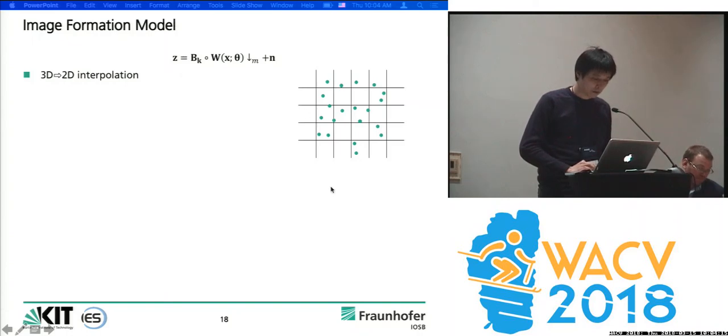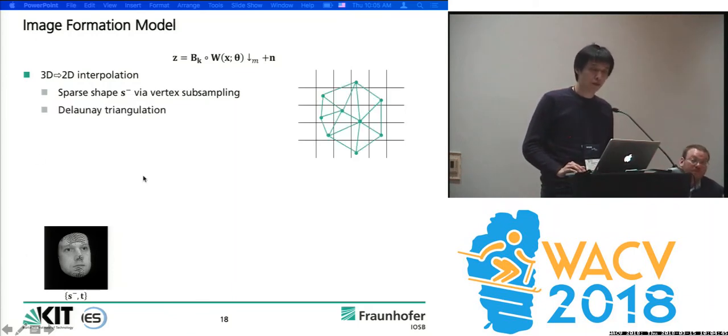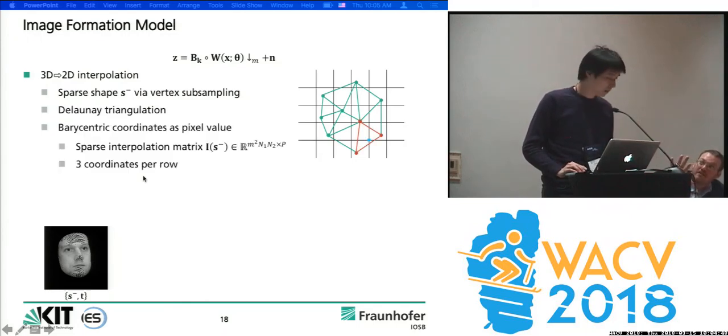But here we have a lot of scattered 3D vertices of the face, and how can we connect these vertices into the grid data of the Z? So we proposed a very straightforward 3D to 2D interpolation scheme. First, we just subsample the data points, so that we have at maximum only one vertex within the grid of the pixel. So we can see that we have a lot of holes here, and then we do triangulation,